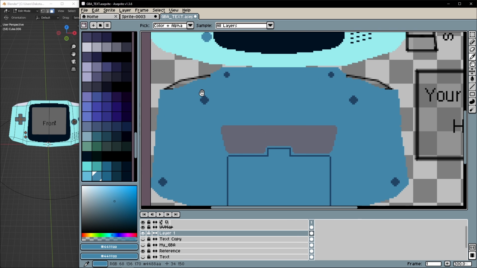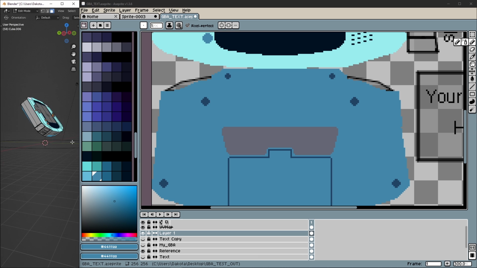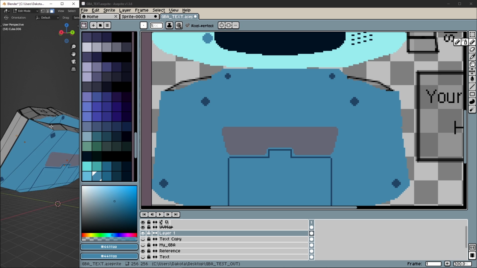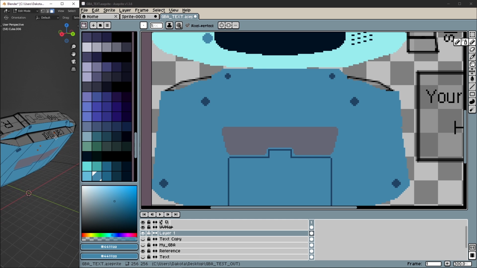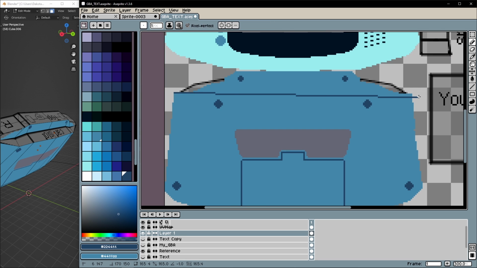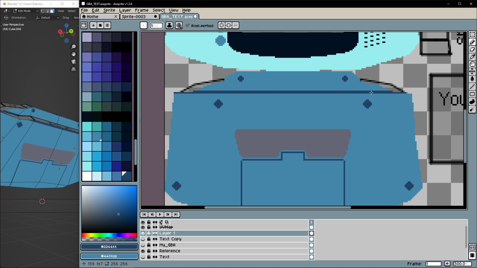See? That fits well. Well, there's something over here that I want to break out. This is because if you turn around your Game Boy model, you'll see that we have this kind of step, and this is the back part that extrudes out for the cartridge slot. We almost want to separate that out. So I'm going to start with just this line across. I'm going to see where it goes. All right, so we cut across a little too far right there. So we're just going to step it up until we start to see it